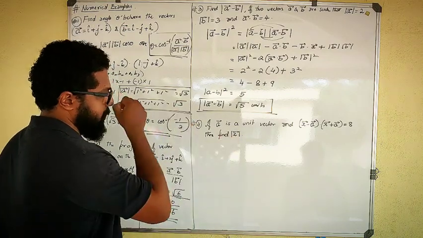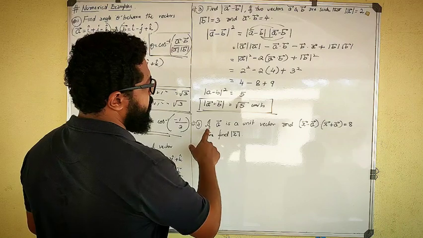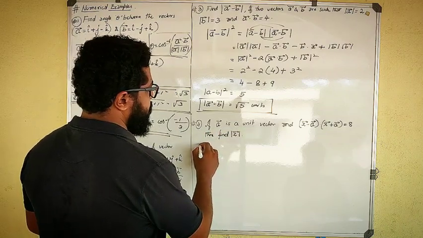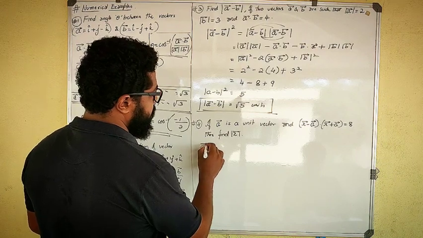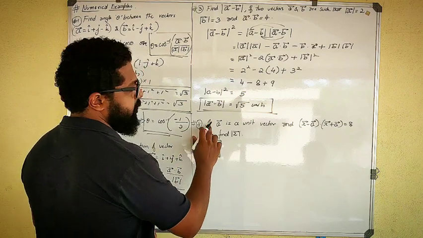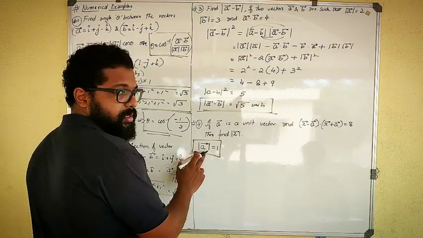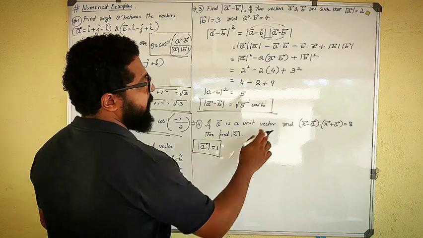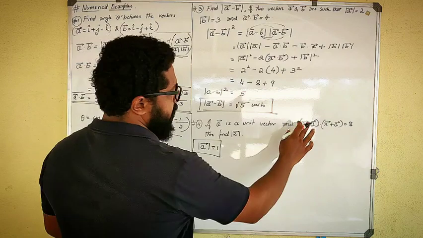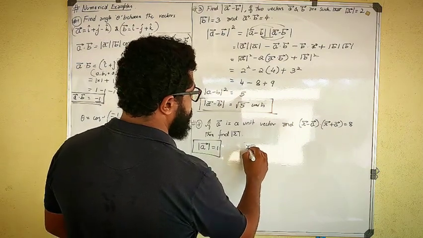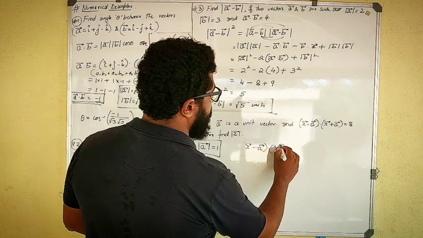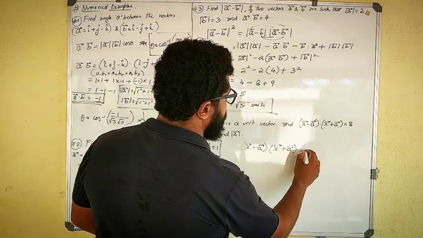The same way as this one. The previous one was also the same. If vector A is a unit vector, they have given one condition saying that this is a unit vector, which means magnitude of A is equal to 1. This is my given thing. A vector is a unit vector, so that means magnitude of A is 1. And then this into this much is 8, it seems. Then find the value of x. So I'll take the given condition, that is vector x plus vector A dot vector x minus vector A is equal to 8.